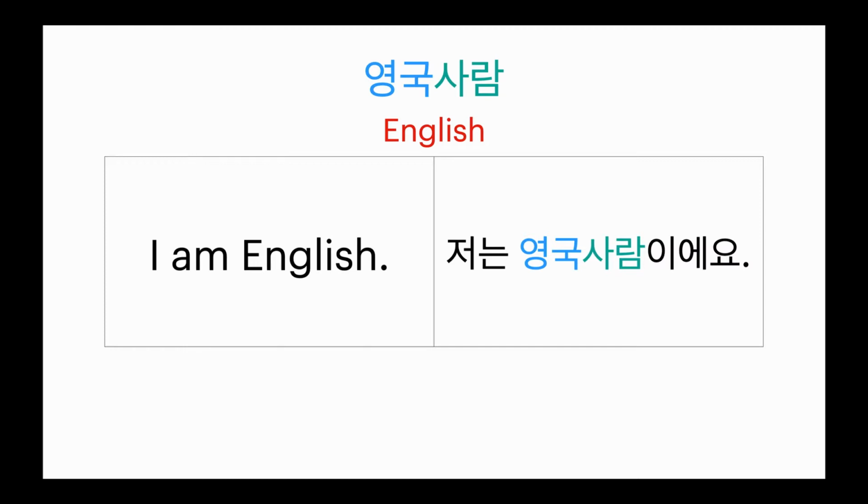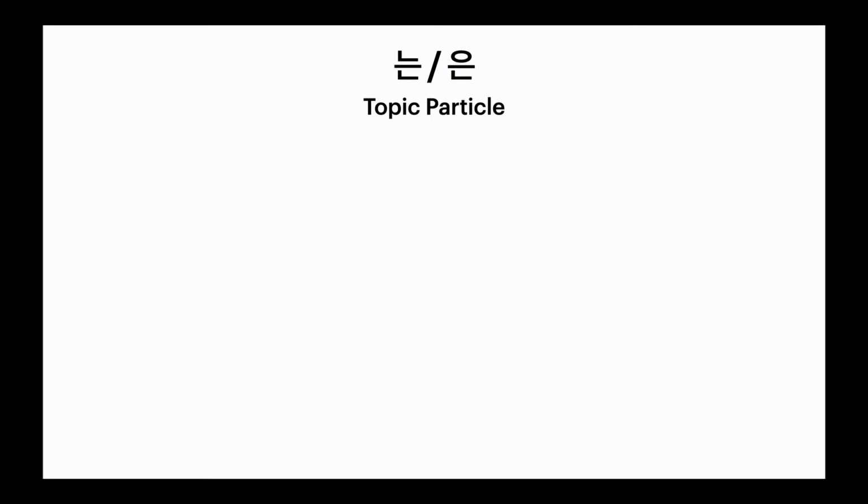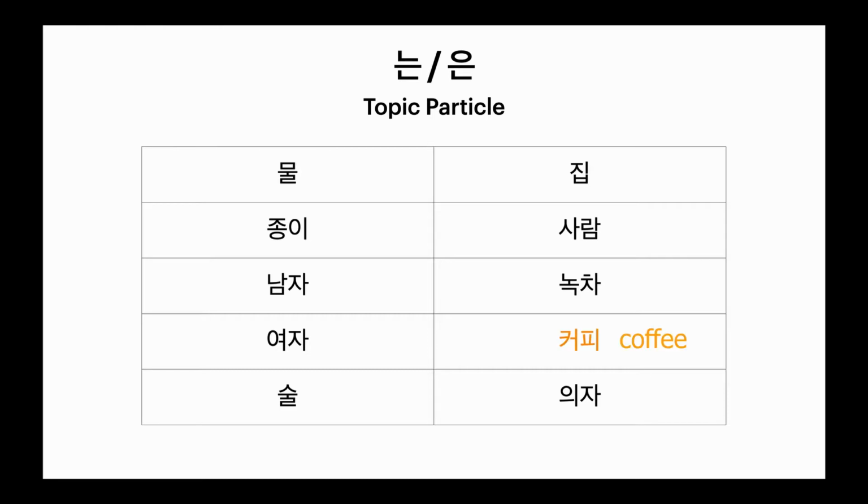Now I'll get into the other countries in a little bit, but right now I want to get back to 는 and 은 as the topic particle. So we've got a bunch of words here. I believe 커피 is the only new word here. The rest are from the last lesson. And 물, what did 물 mean in English? 물 was water, right? Now I want you to think of each of these sentences as something like, water is good for you, or water filled up the bathtub. Because we're going to be adding the topic particle, each of these words is the topic of the sentence.